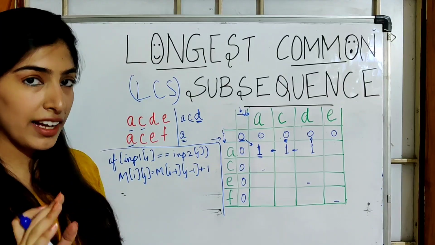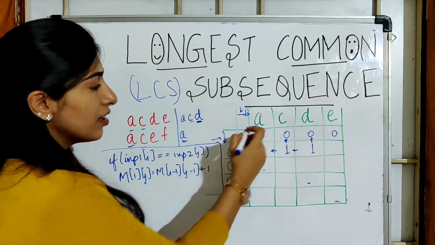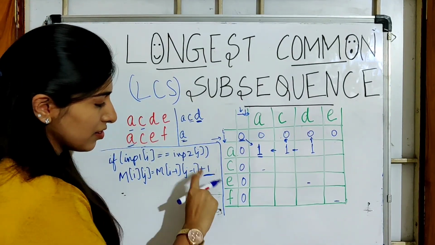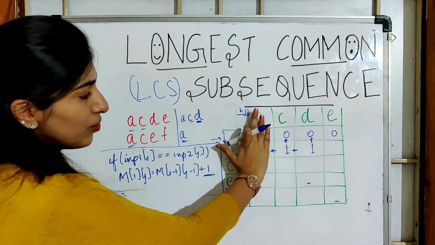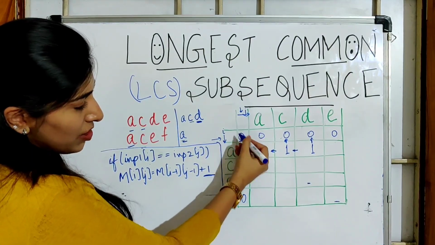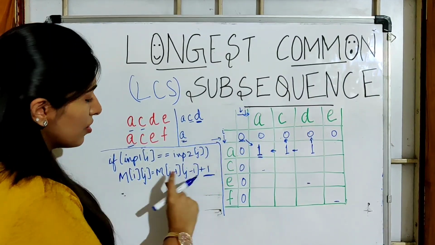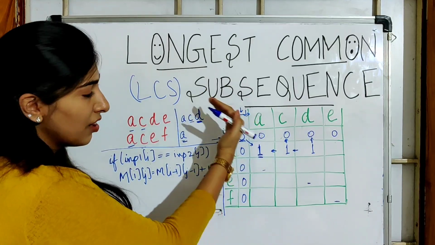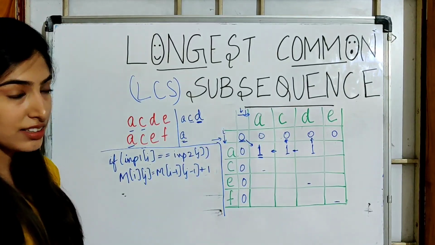What does this actually mean? If these two characters are equal, then we obviously are going to include this in our answer. So our length will increase by 1. But the length will increase to what? Excluding these two, what was the value that we had? That will be denoted by i minus 1. You go one row up and one column to the left. So it will be matrix of i-1, j-1, that is the diagonally top value, plus 1.